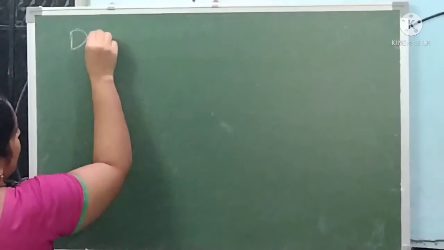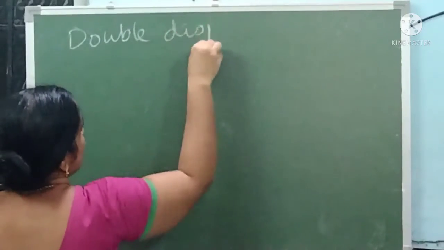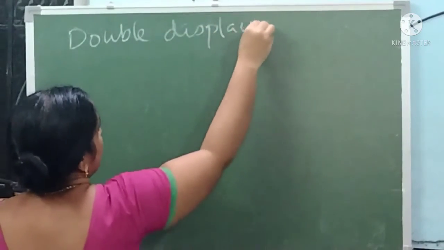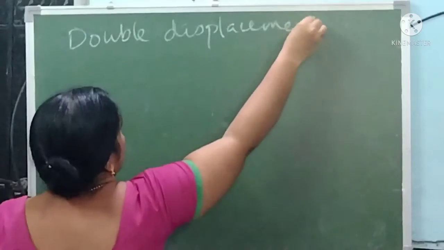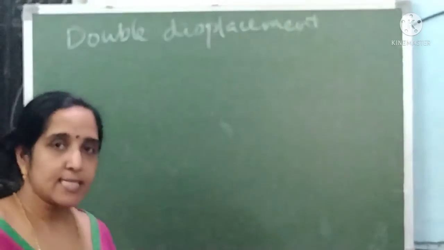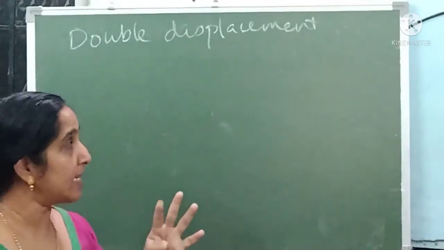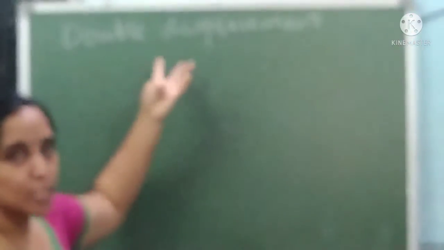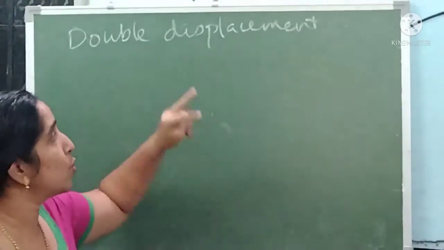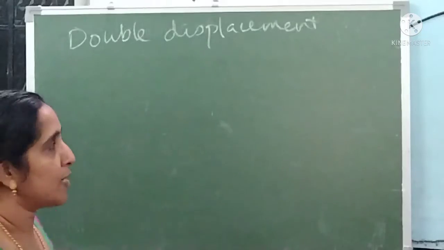Double displacement reaction. A reaction in which there is exchange of ions, that is, two elements are displaced by other elements. In which two elements are displaced, then it is called a double displacement reaction. For example,